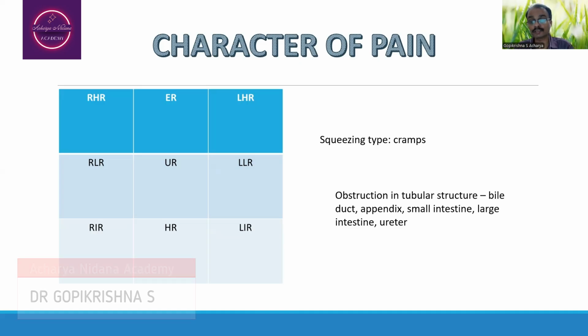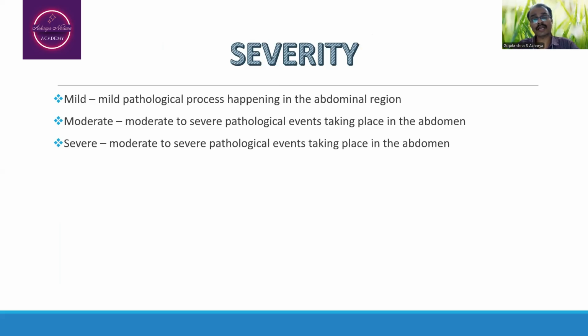So on this occasion, we may observe such kind of pain in cases of obstruction in a tubular structure, such as the bile duct, appendix, ureter or intestine. That is what is considered the colicky type of pain. That is indicative, as we have discussed, of some kind of obstruction in hollow structures. As far as severity is concerned,